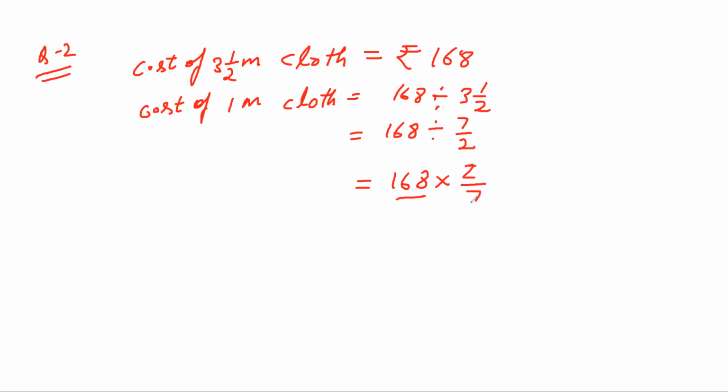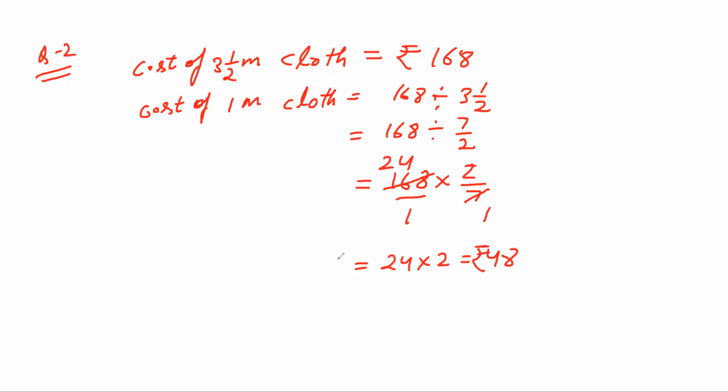So 7 ones are 7. 7 twos are 14 and 2 carry. 7 fours are 28. So 24 into 2, 48. This is the cost of 1 meter cloth, 48 rupees. Okay. Now you have to find the cost of,